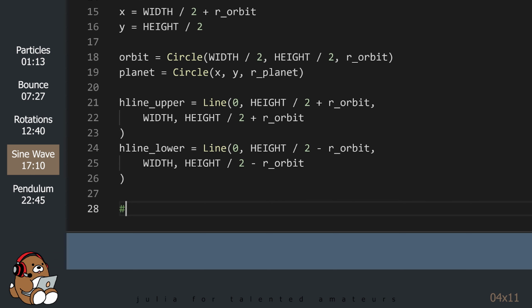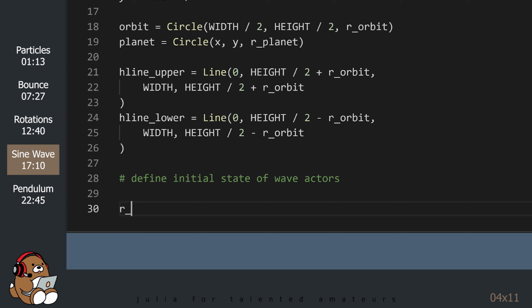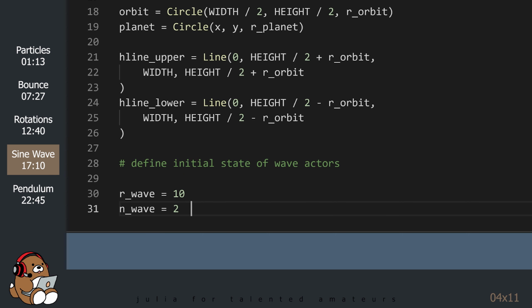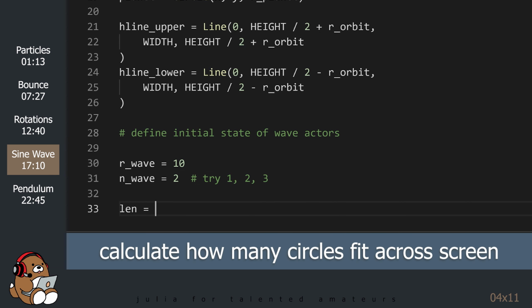This next section I took from the Coding Train. Rather than trying to construct a sine wave, we're going to draw multiple circles across our game window that will simply move up and down, but not side to side.